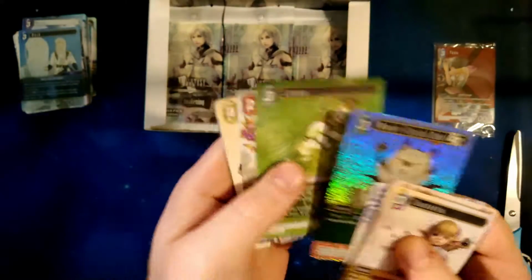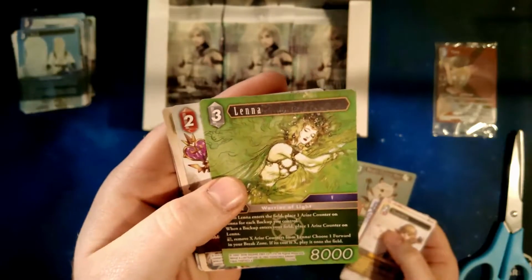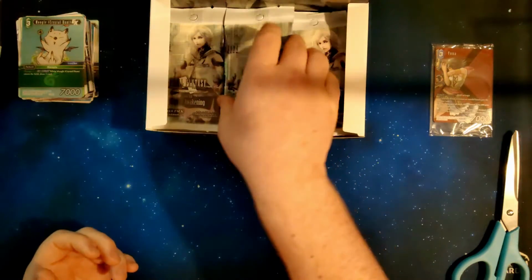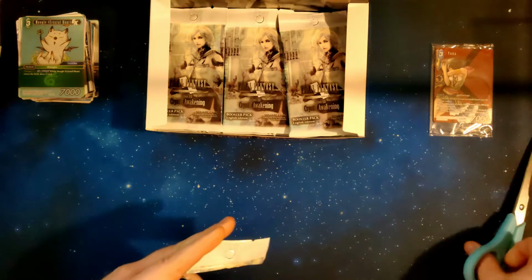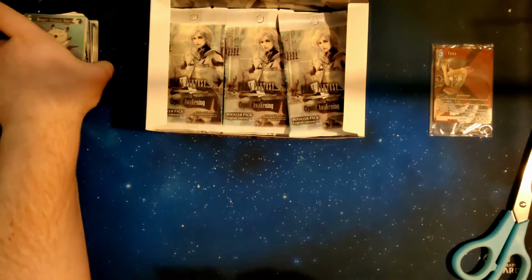Moogle and Lena. So our second legend. A decent card. Obviously she ain't no X-Death, Neo X-Death even, but a good card all the same. Bit slow, maybe. But maybe you can give her haste, or if she just stays on the field, then she can gain you quite a bit of value. I'm going to put these